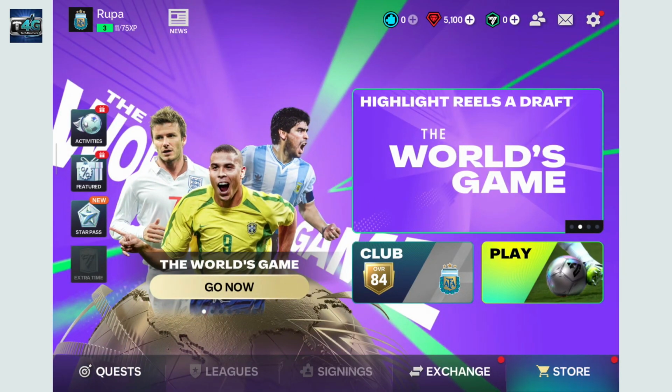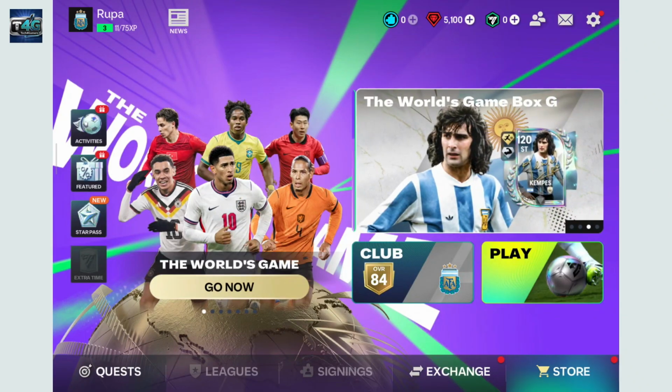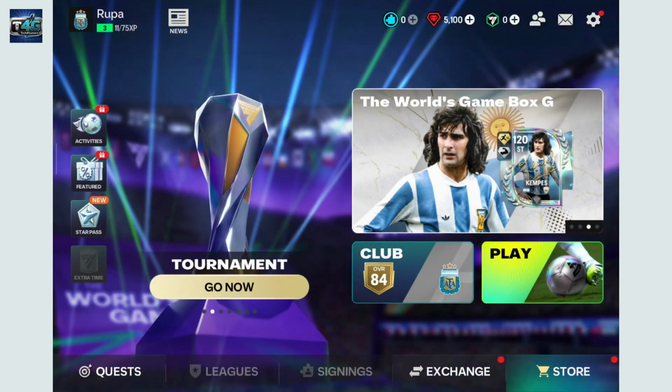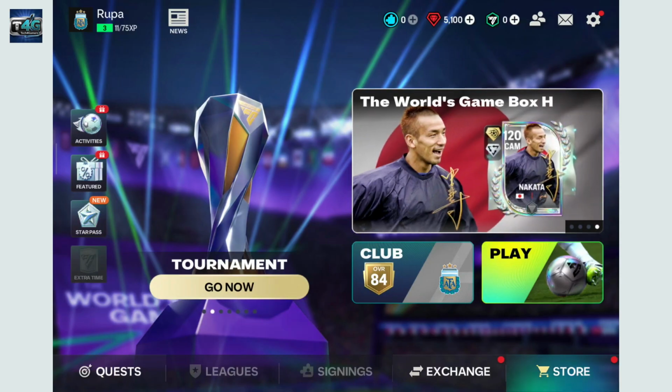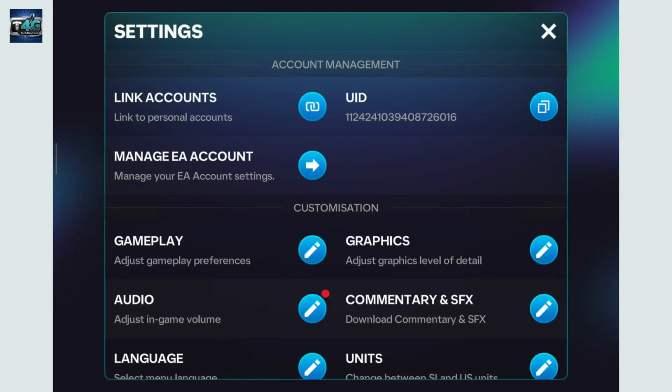First of all, open the EA Sports FC mobile game on your device. Once you're inside, go to the settings icon at the top right corner from the home page. Now you'll see the settings where you'll need to click on the pencil button right next to commentary and